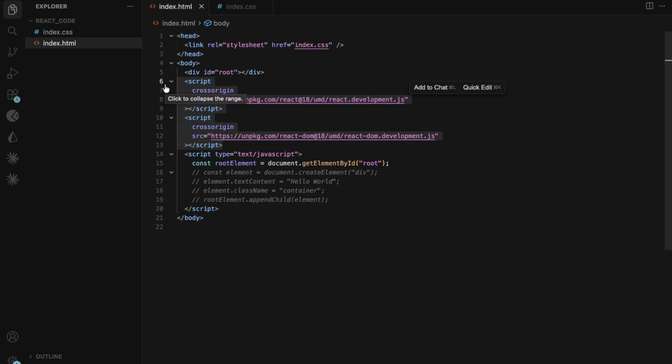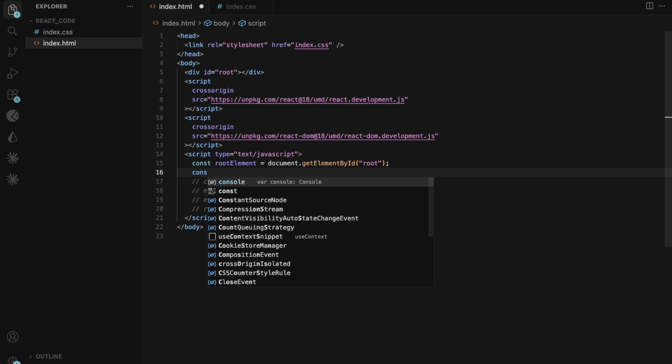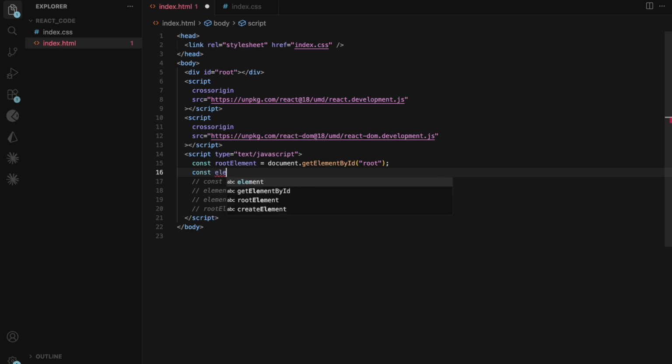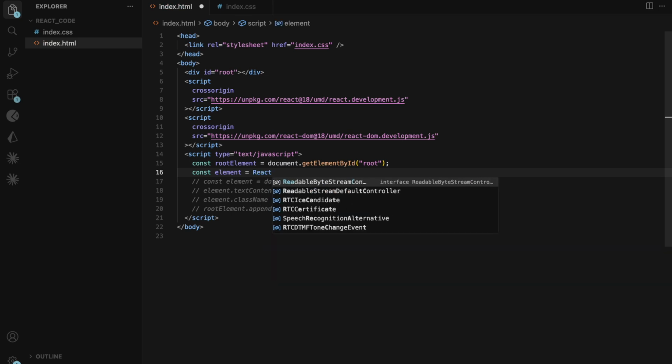These scripts will serve the same purpose. Next, we will create an element like we created using document.createElement. We will create that same element with React. Element equal to React.create